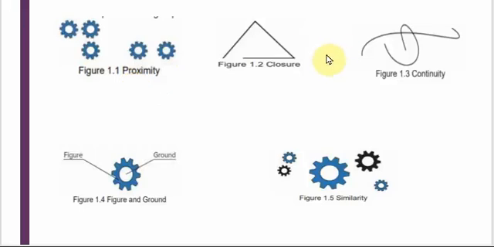Yes, ma'am. Okay. Next one we will go for closure. So here the second figure is for closure. What is this figure of? When you look at this figure 1.2, what comes to your mind? Incomplete. An incomplete triangle. Yes, an incomplete triangle. So you got an assumption that it is a triangle, right? Yes, that is what closure says.